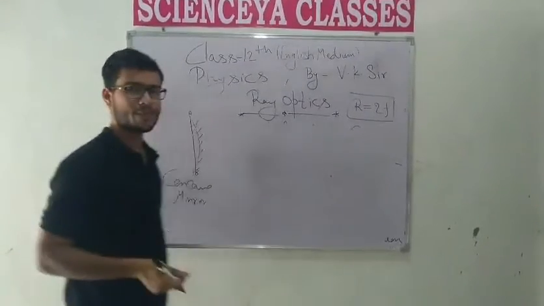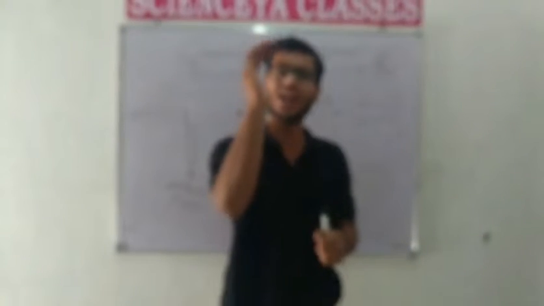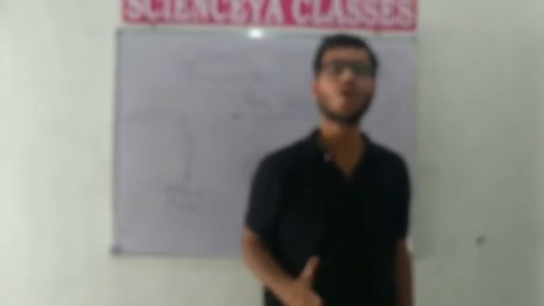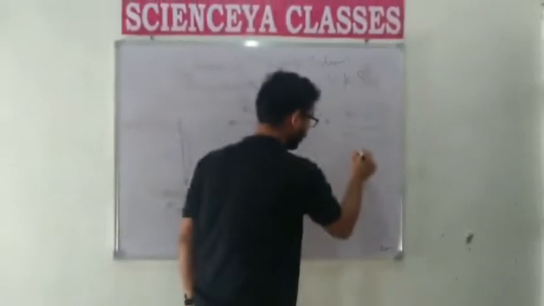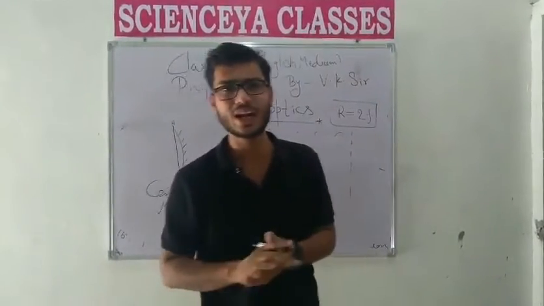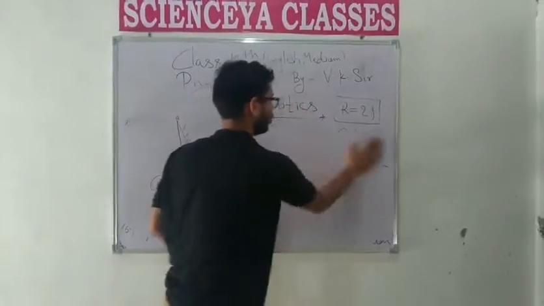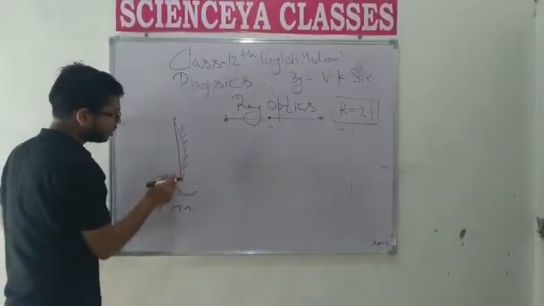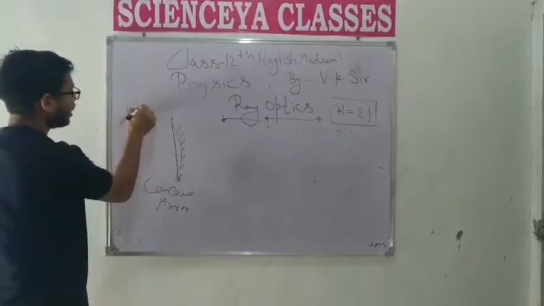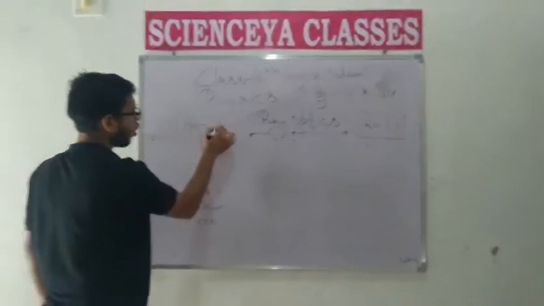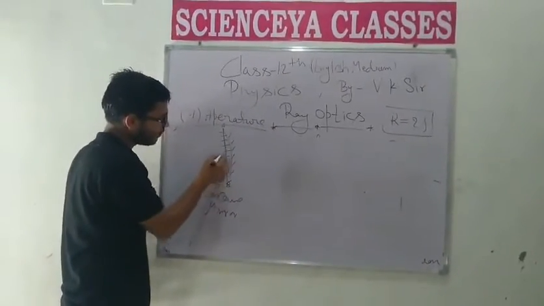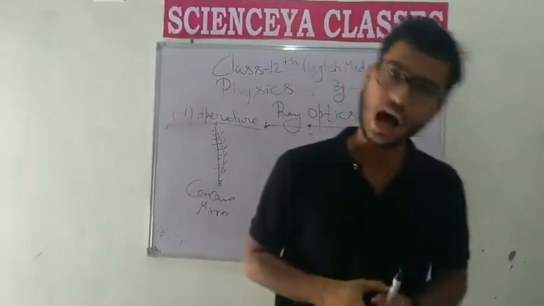This is the concave mirror, and note that the curvature of a concave mirror is not very high, because when we cut a concave mirror from a sphere, the reflecting surface or curvature is very small. The maximum length between the terminals of a concave mirror is called the aperture. In other words, the reflecting surface is called the aperture.